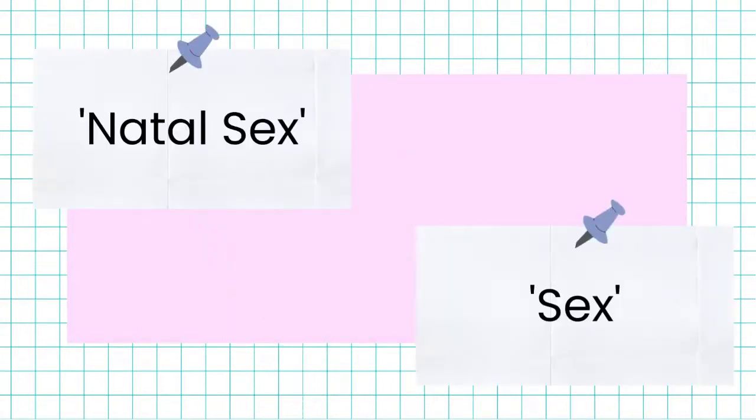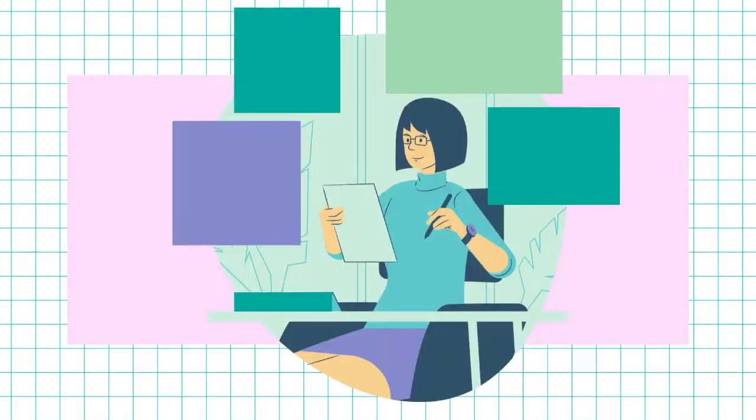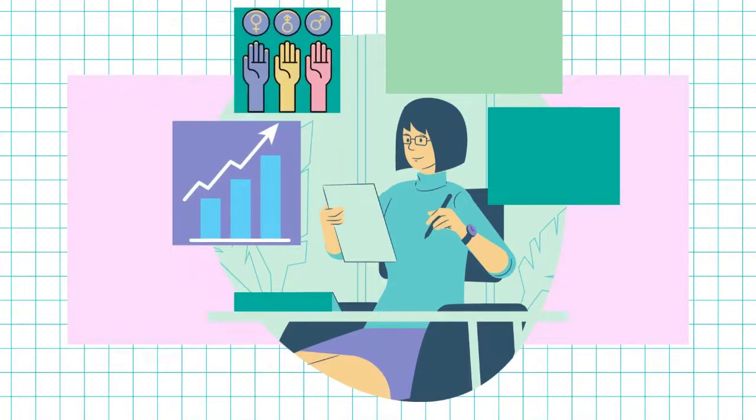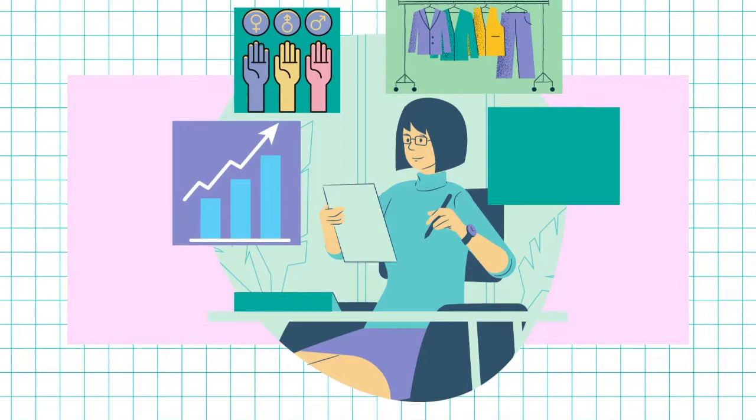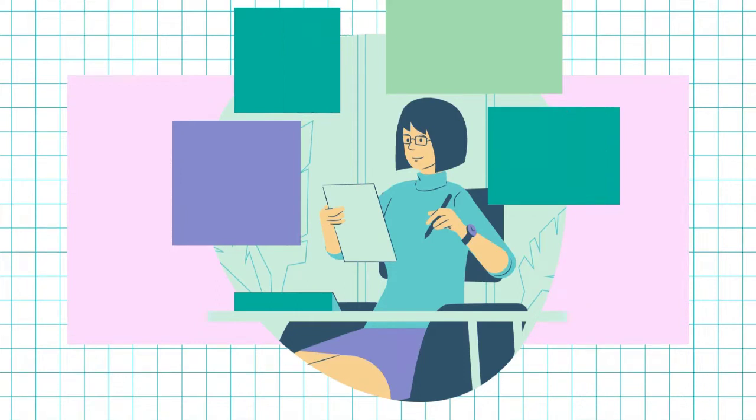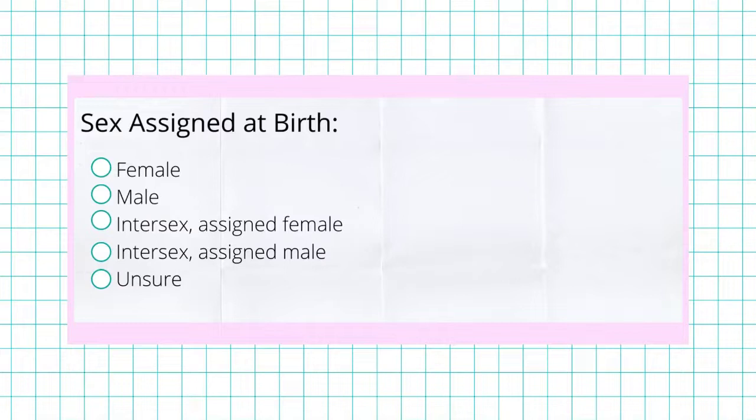Only ask for a client's sex assigned at birth when it is absolutely necessary for care, and avoid terms like natal sex or more simply sex, as these are not as inclusive or clear. In your practice, it is important to remember that information like hormone levels, gender identity, gender presentation, and anatomy may not align with assumptions based on a client's sex at birth. When knowing a client's sex assigned at birth is necessary, you should use this format.